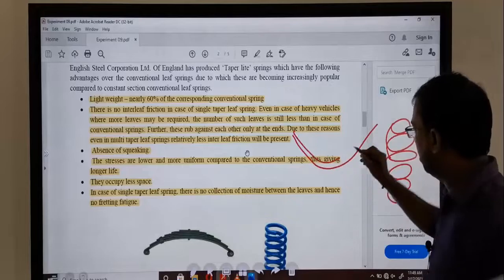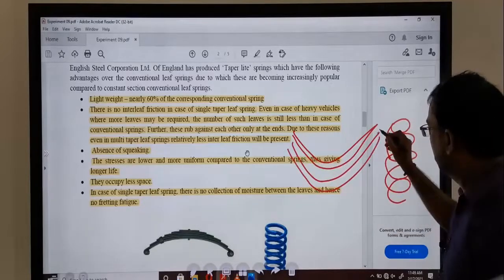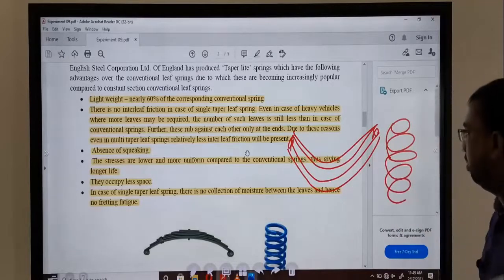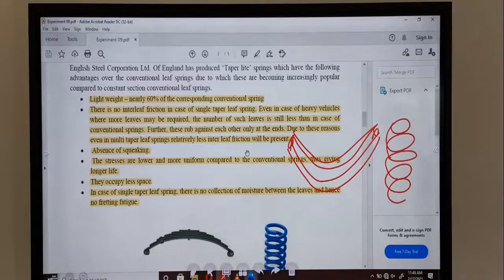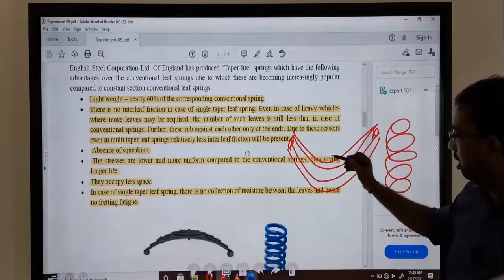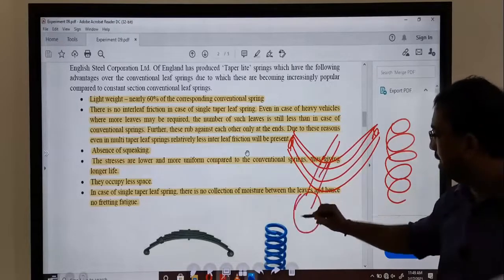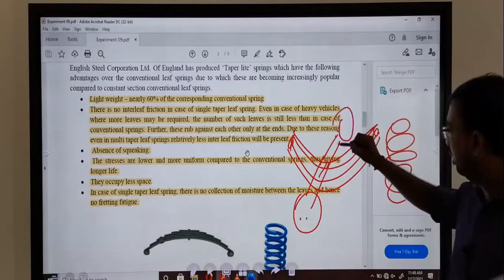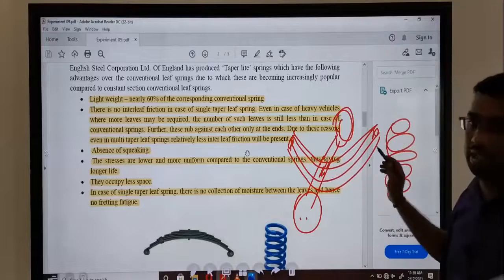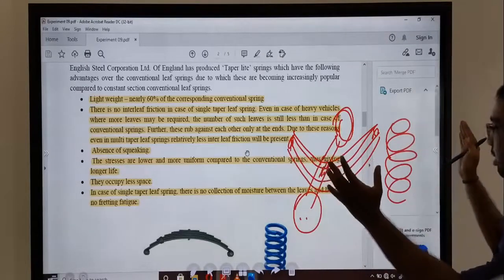This is the leaf spring. When we absorb any stress, here there is a wheel axle, and there is a wheel here. When we have to absorb any stress, it's symmetric and it's very wide. It covers a wide area.